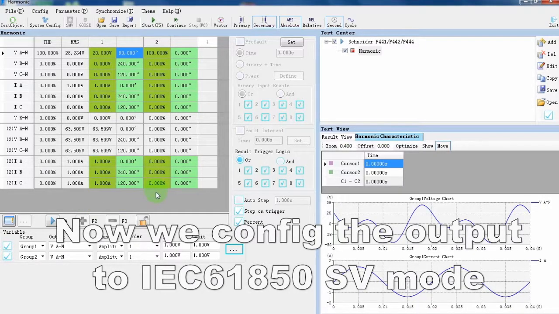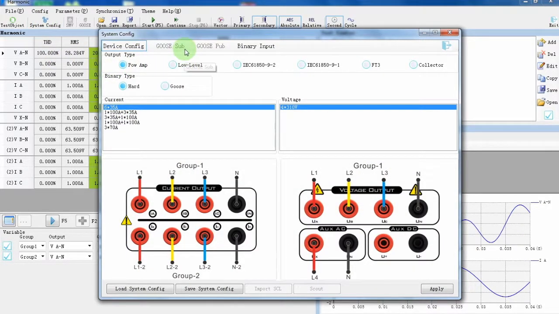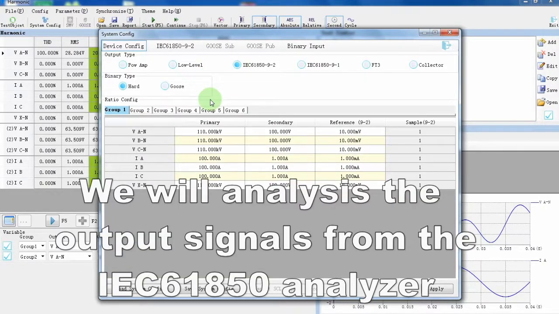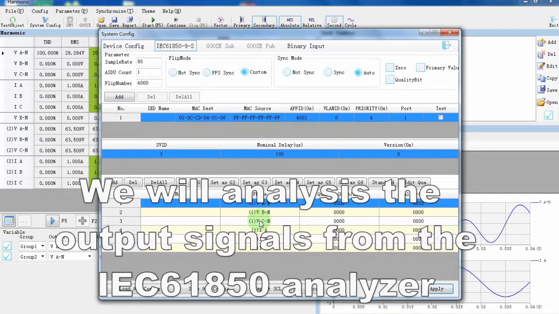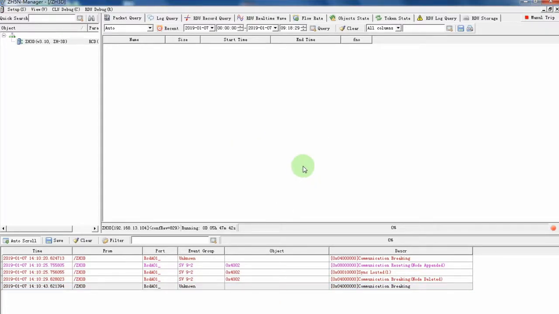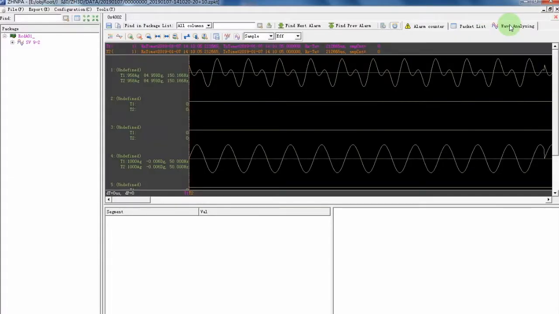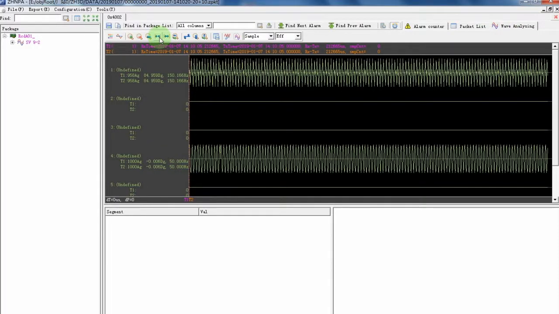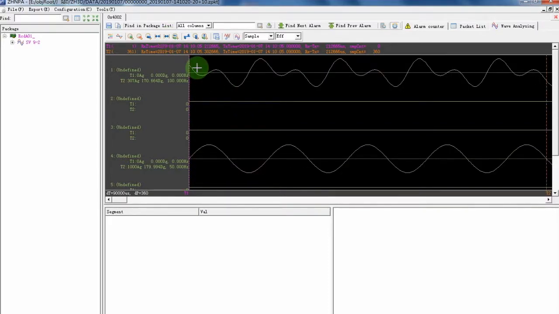Now in the next part of the video, we will simulate the same harmonic signal using the sampled value generator and then watch the waveform in the sampled value analyzer. Later we will do a few settings in the sampled value analyzer, and once we receive the waveform in the sampled value analyzer, we will see that the waveform is similar to the analog oscilloscope waveform and similar to the